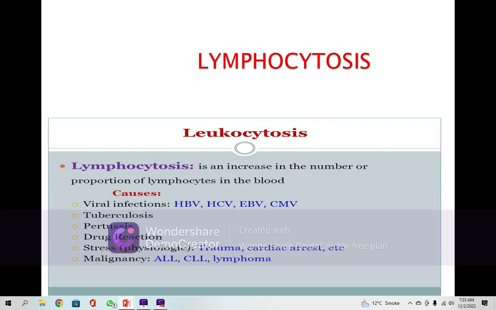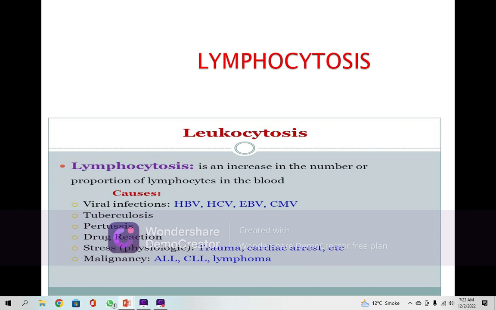The drug reaction, different drugs are possibilities which cause the relative lymphocytosis. For example, if the person is taking some drug for a very prolonged period of time, like diclofenac sodium, it can cause lymphocytosis, and other drugs, antibiotics, for example, doxycycline for a 2 month, 3 month period, can cause lymphocytosis.